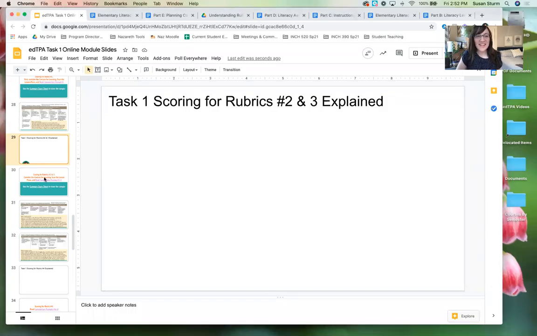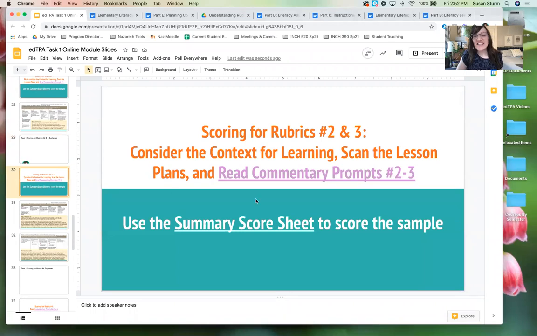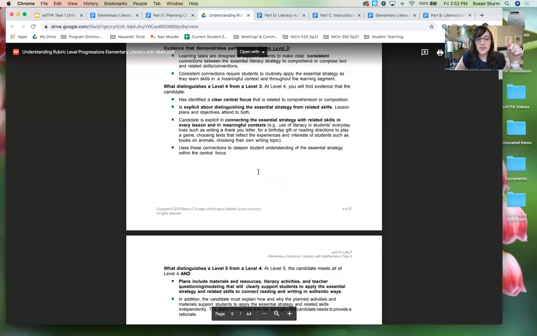Welcome back. We're continuing on, and now we're going to talk about scoring of rubrics 2 and 3. You'll notice that I put these two together for this slide, and that's because I always score these at the same time, and I'll explain why. So this one, going out to our rubric progressions document,